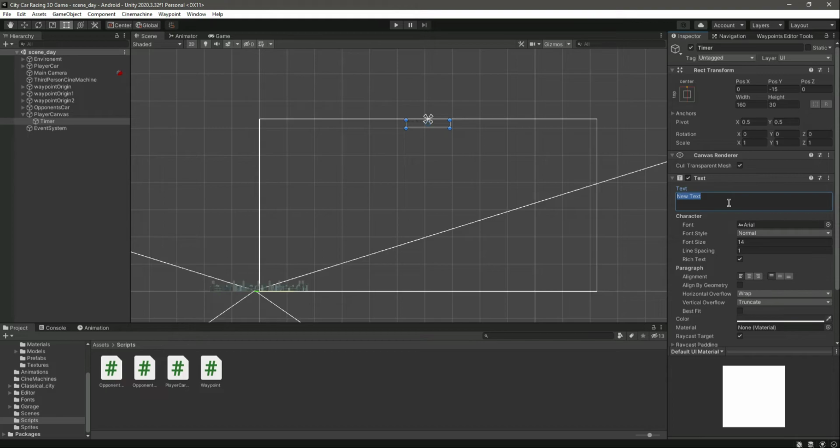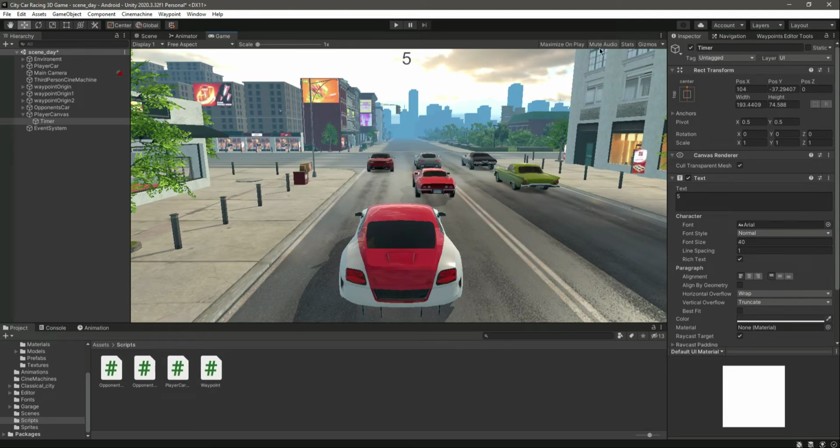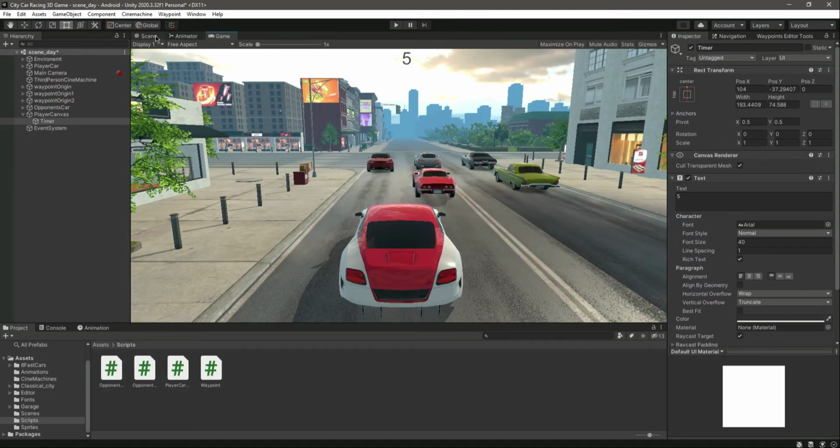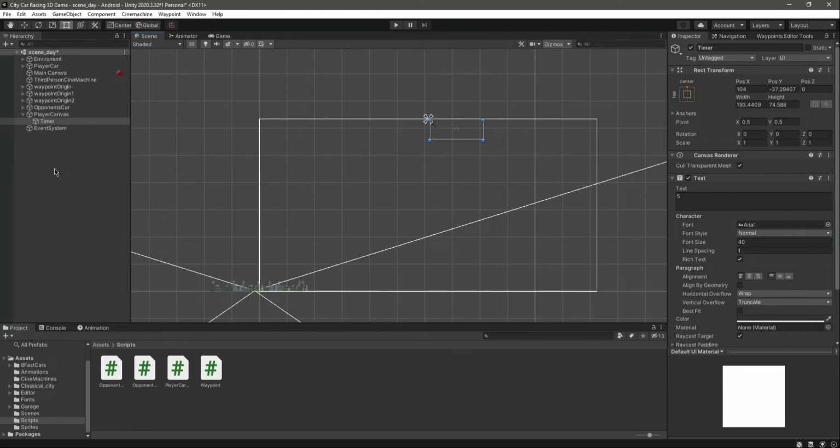Let's change the text to 5 for now. Change the font size to 40. Okay, let's resize it. There it is. And it is not actually on the center. Okay, now it is on the center. You can move it manually if you want. And once it is on the center,